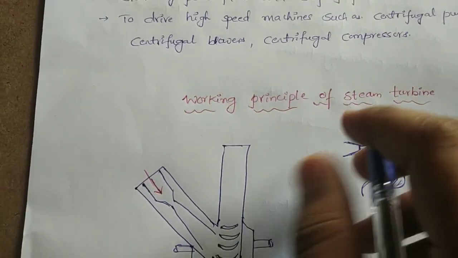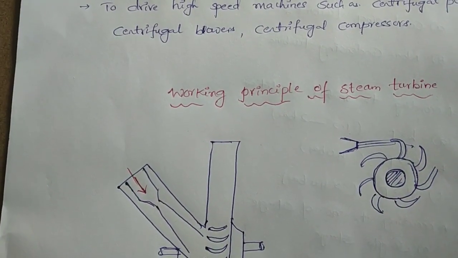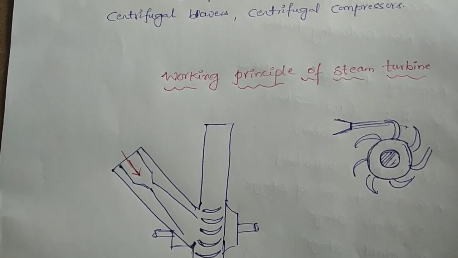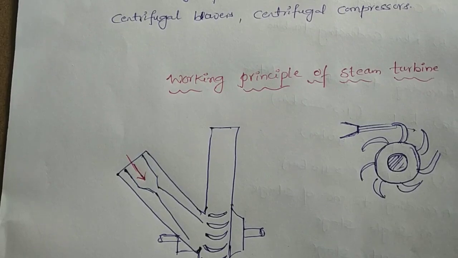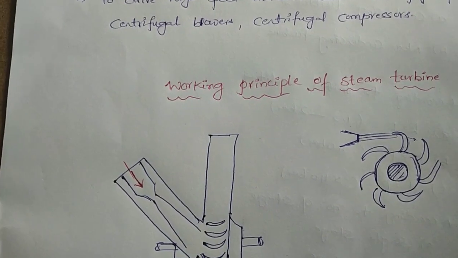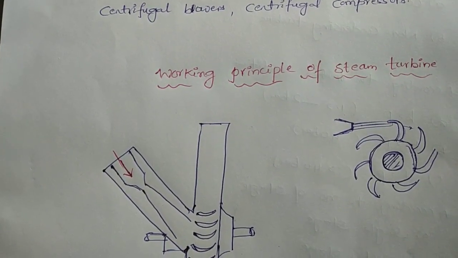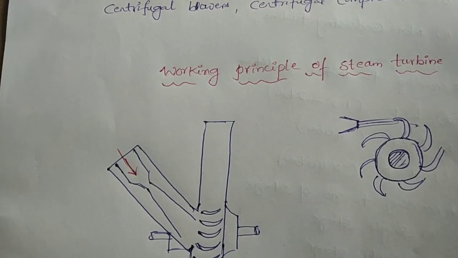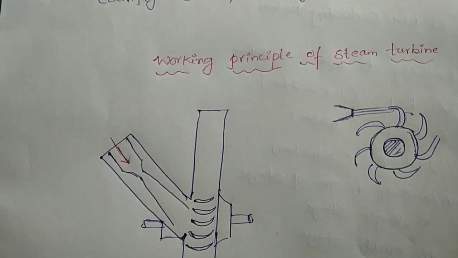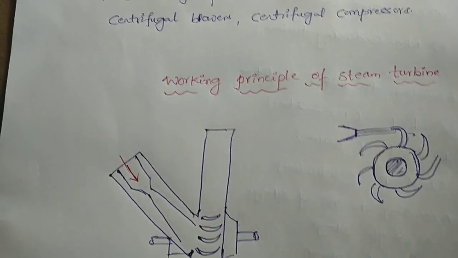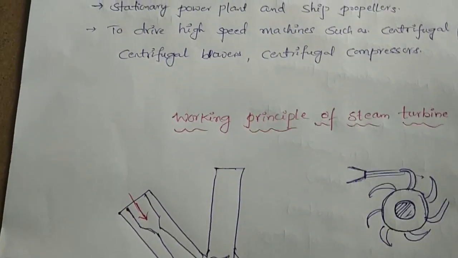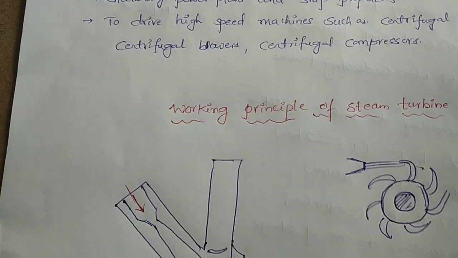First of all, the steam is in the boiler. When heat is applied to the water in the boiler, it converts the water into water vapor. That water vapor is sent through 2 to 3 processes, after which it is completely converted into superheated steam. Why? Because some moisture will be present in the steam, and if the moisture content is there, the turbine blades will be affected. Therefore, to remove that moisture content, we superheat the steam. Superheated steam means no wet steam is present; completely dry steam will be present.